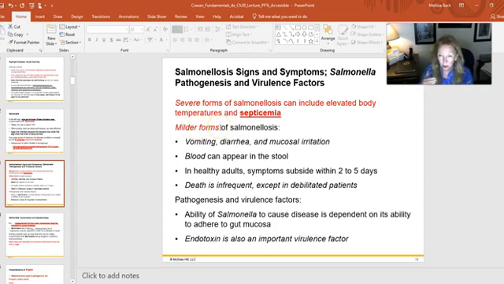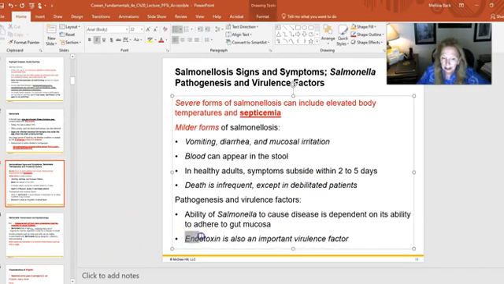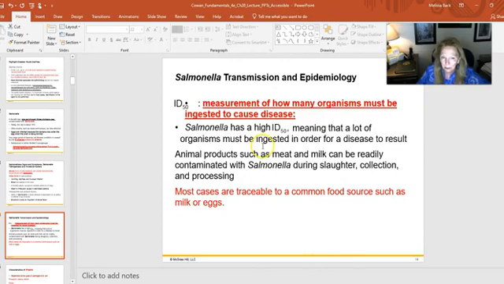Milder forms of it is what we usually see, and that can have symptoms like vomiting, diarrhea, and abdominal pain. Death is pretty infrequent in the milder forms, but this is also how it can be easily transmitted through fecal-oral route transmission. So the virulence factor comes in that there's an endotoxin. Salmonella is a gram-negative bacterium that we know is associated with endotoxin production. When we look at the infectious dose, we're going to see it again associated with food contamination, so meat, milk, easily contaminated. People being very careful in how they handle the food is going to be important in helping to prevent this